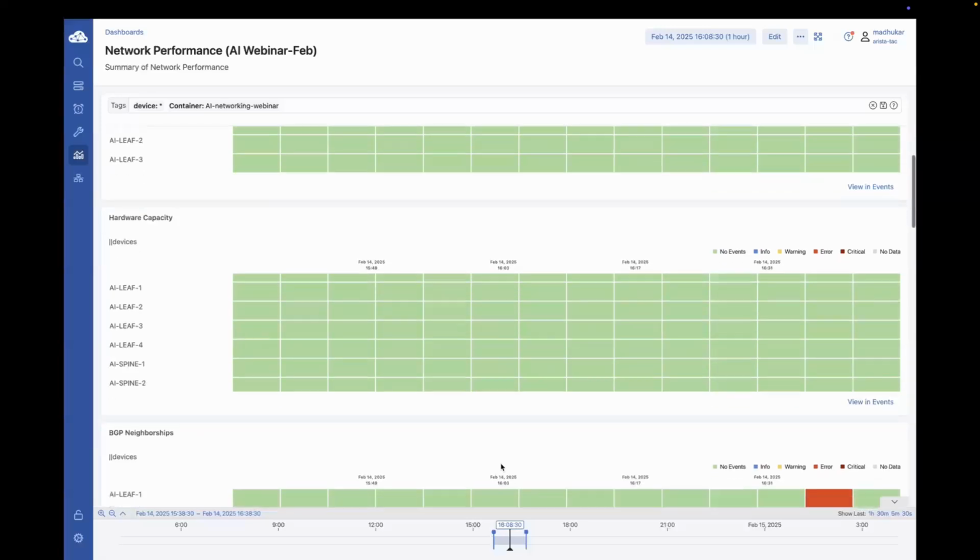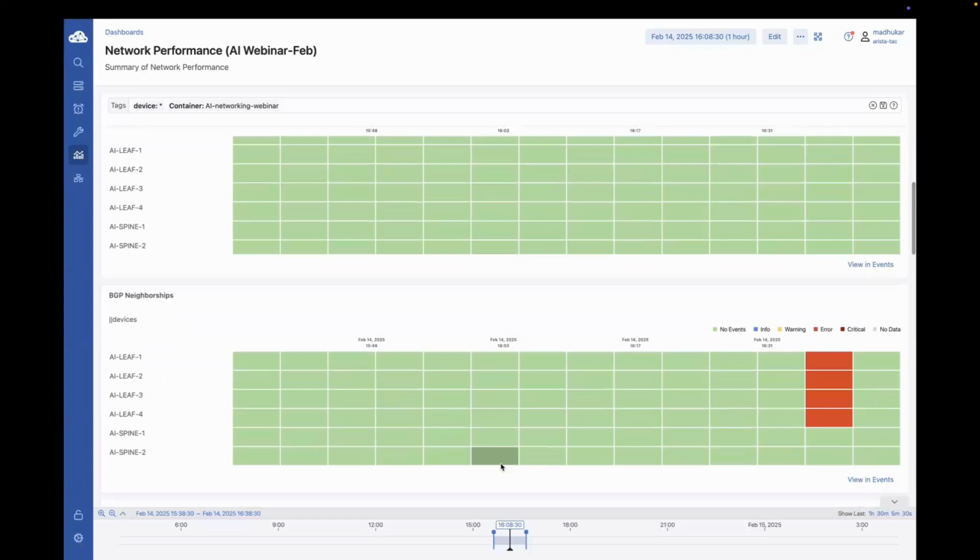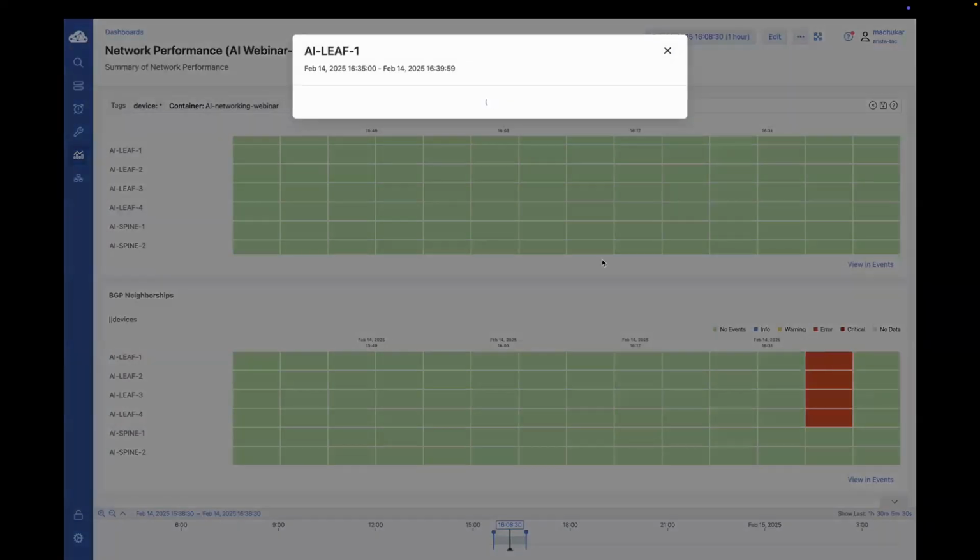Now, further looking at the BGP neighbor events, which is basically going to show us if there was any BGP flap that happened during the time of the issue. When we check this event, we see that there were some BGP neighborship flap events that took place on the leaf devices. Now, this makes us question, why did these flaps happen? And since these flaps are happening all at the same time, could this be related to the issue that we are observing? We'll get back to this in some time, but for now, let's take a look at the events that took place under this BGP event.